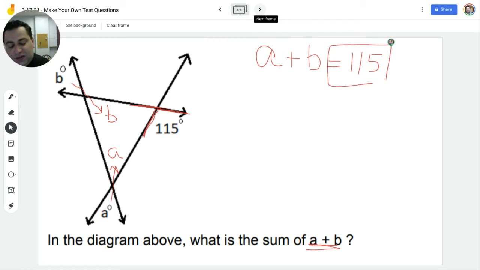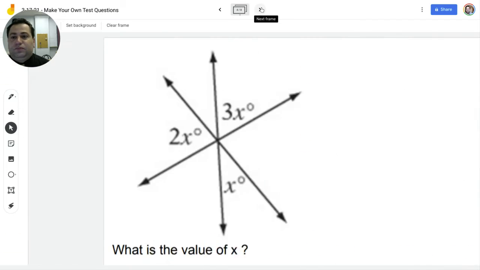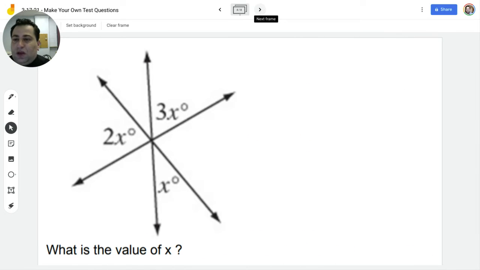And the answer was in the diagram the whole time. Let's look at number 4. In number 4, it asks, what is the value of x? So I find x in my diagram here, and I'm going to